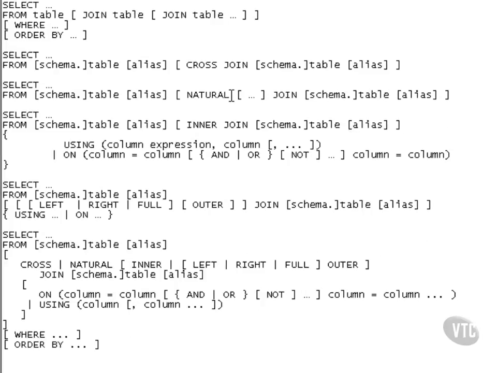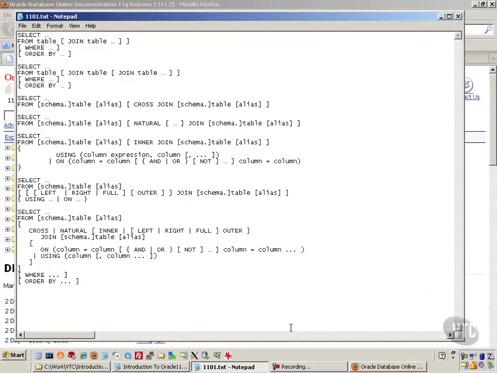And obviously we can combine joins, and here is the full syntax, allowing cross, natural, inner, left, right, full, outer, join, on, using, and so on and so forth with the where and order by clause. Now we can find the details